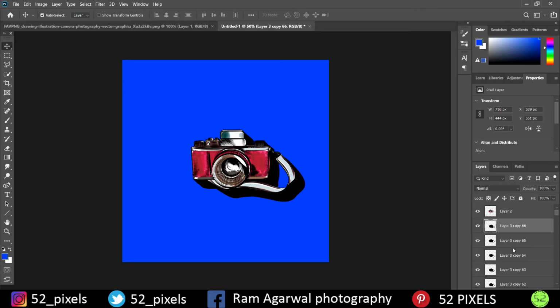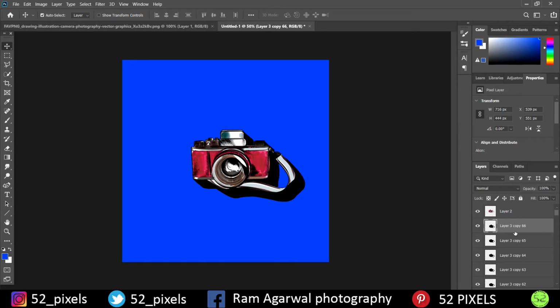My selected layer was layer 3, so it got created as a duplicate of layer 3. So when I pressed down arrow and right arrow, it created different layers using that combination of down and right. All these layers consist of duplicate files of the shadow. So that's one part.